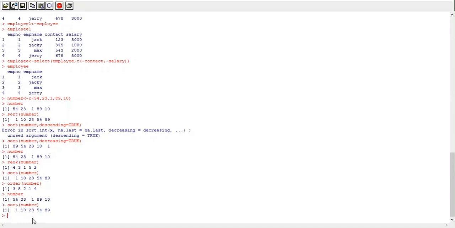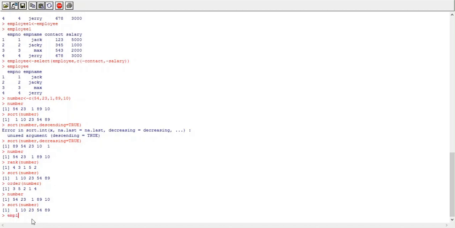This is how order, rank and sort functions can be used with a vector to check the positions to sort the vector. Now we'll see how to sort a data frame by using the order function.